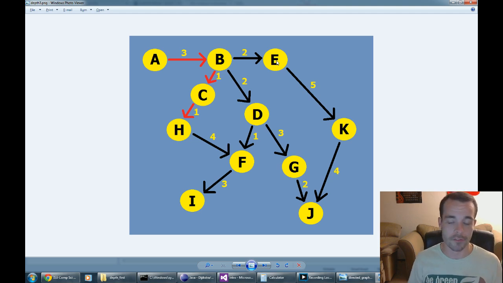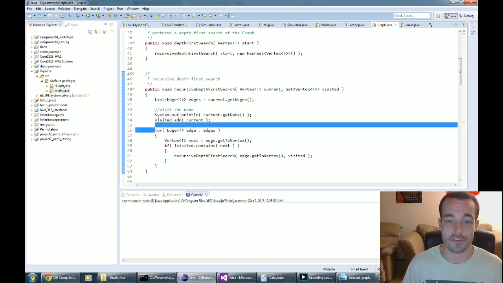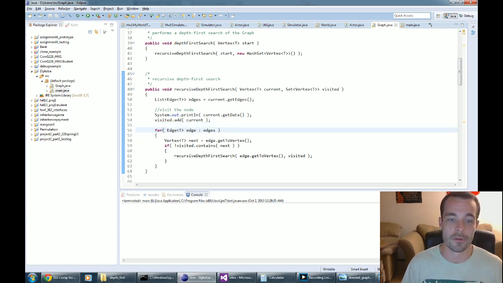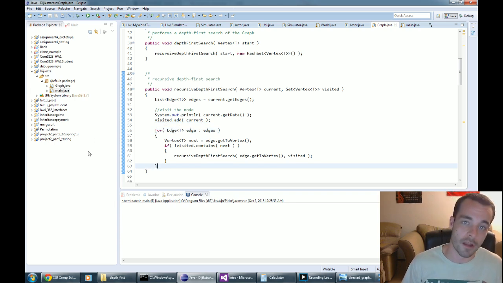So the simple answer is the next visited node will be H. From there, obviously we know that we're going to go ahead and just go to F. And then from here, we're going to go from F to I. Now at this point, I doesn't have any edges connected to it at all, so the recursive trail will fall back. It simply will say for each edge in edges, which is an empty list, so the code will skip down to this line, it will exit the method, which will fall back onto the previous recursive call. And for